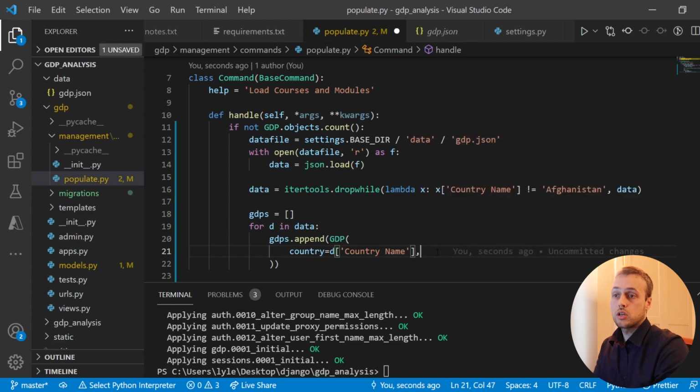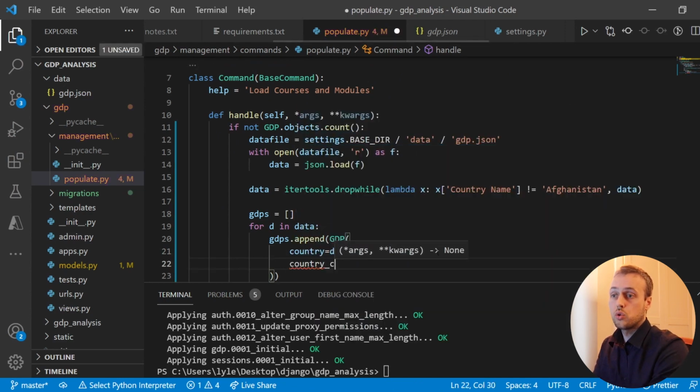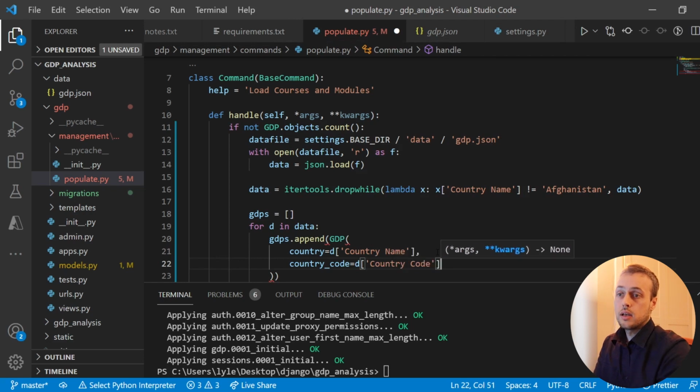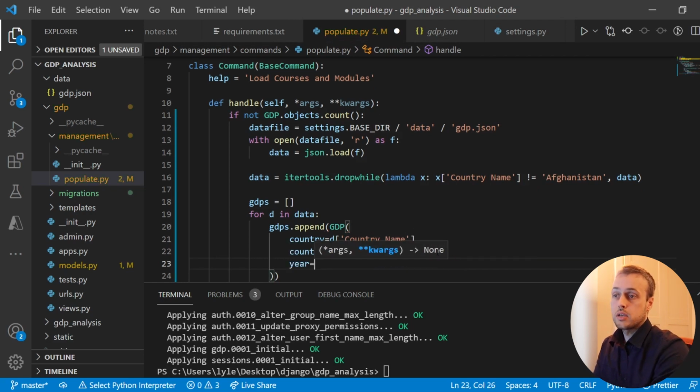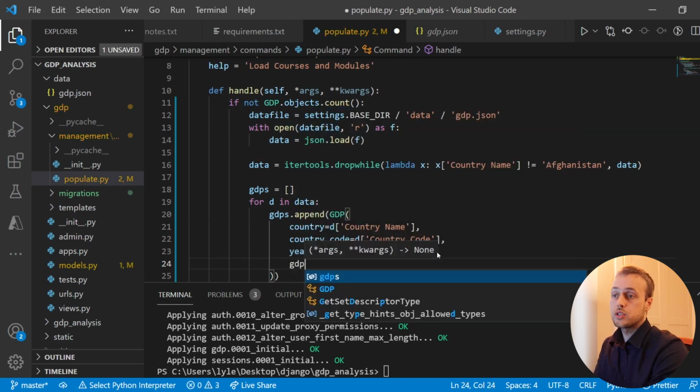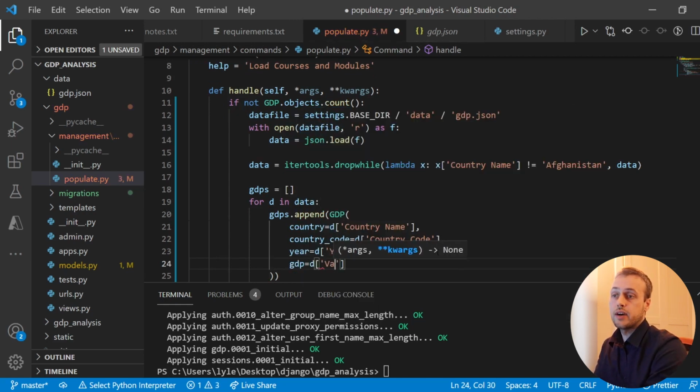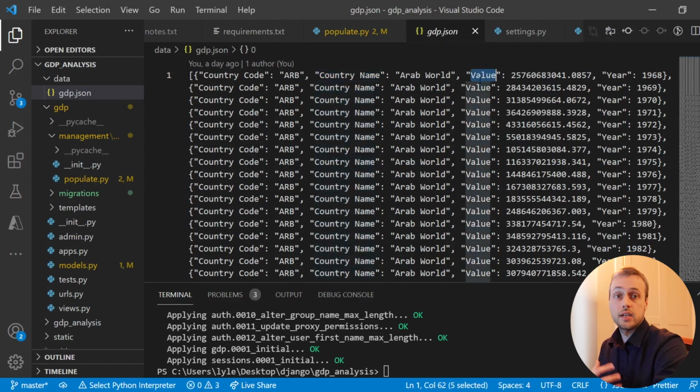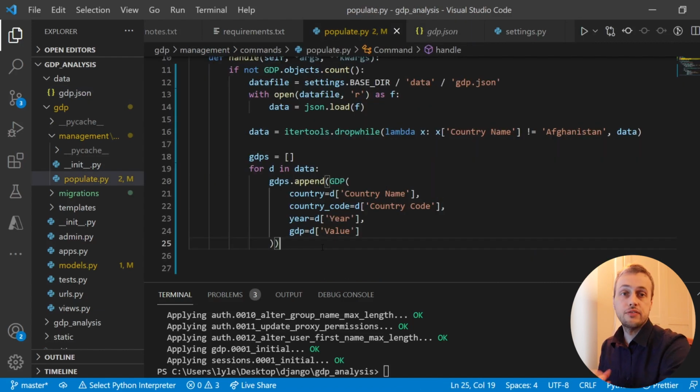So we also need the country code, which is going to be equal to d.country_code, and year is going to be equal to d.year, and finally the GDP is going to be equal to d.value. And in the JSON file, the GDP is actually specified with this value attribute. And finally, after this for loop completes, we're going to have a GDPs list that's populated with model instances, and we can use the